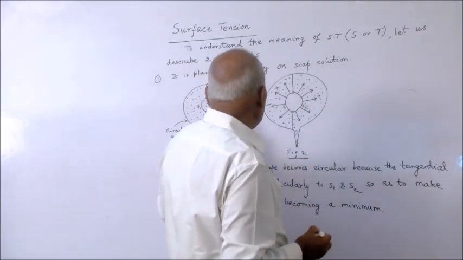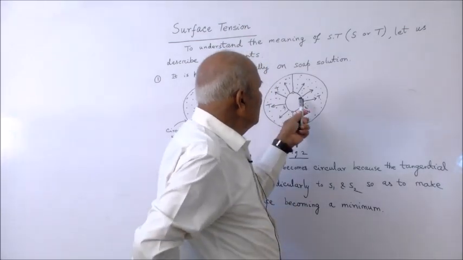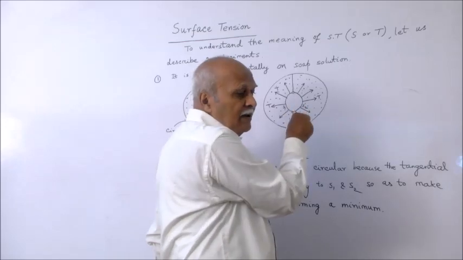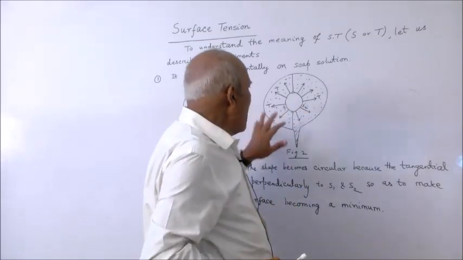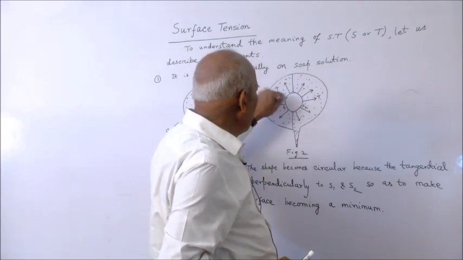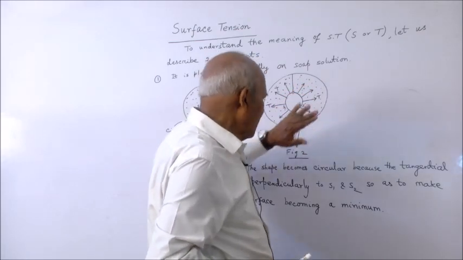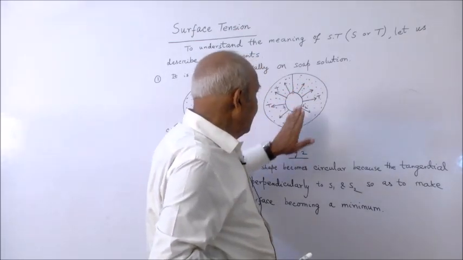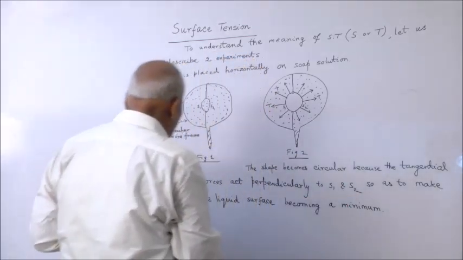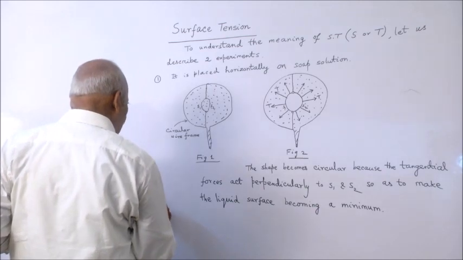So, this experiment indicates two things. One is there must be forces acting tangentially to the surface of the liquid and perpendicular to the lengths. The strings are S1, S2; they act perpendicular to the strings but parallel to the liquid surface, so that the surface area of the liquid becomes minimum. This is one aspect of the experiment. Then second is